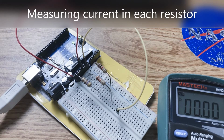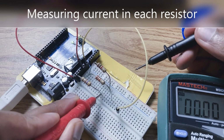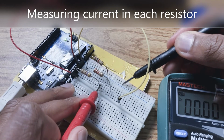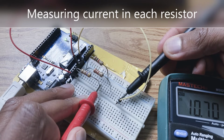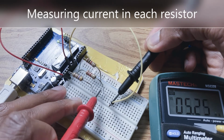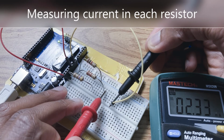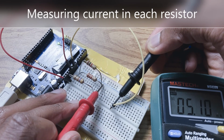So we'll be measuring current in the first resistor, because we said in parallel circuits, each resistor draws its current independent of the others. So for the first resistor, the current is about 10.7 milliamps. For the second resistor, the current is about 2.33 milliamps. And for the third resistor, we have a current of